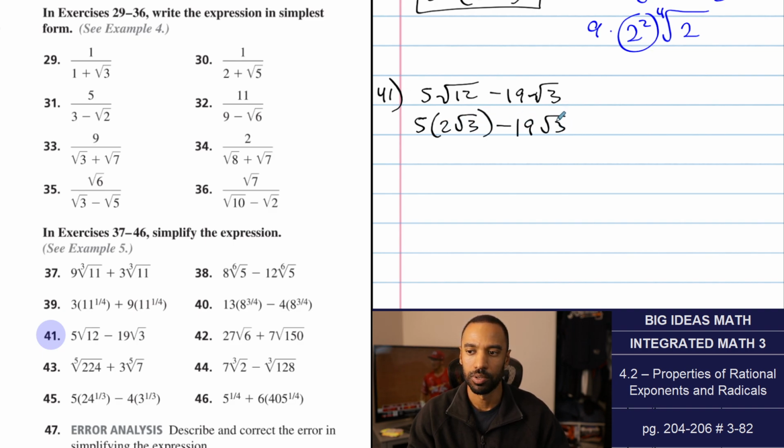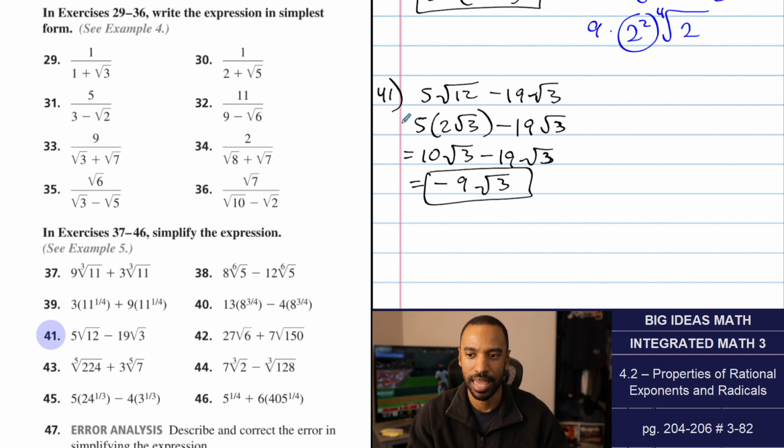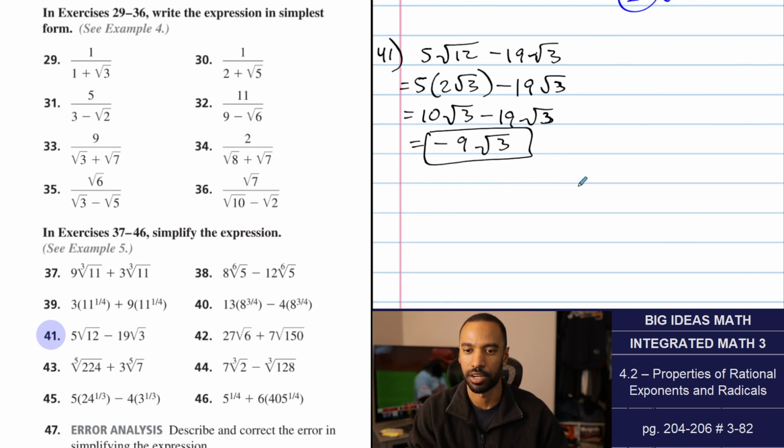And 5 times 2 is 10. So you end up getting 10 root 3 minus 19 root 3. You see 5 root 12 and 10 root 3 are equivalent to each other, but now I can actually combine these because they have the like terms of root 3. 10 minus 19 is negative 9. So you get negative 9 root 3, and then you're done on 41. Number 42,